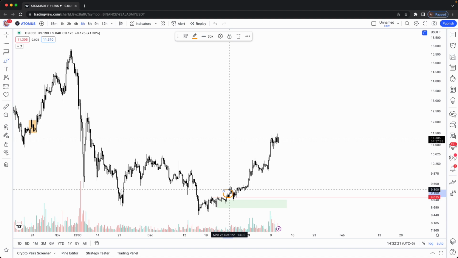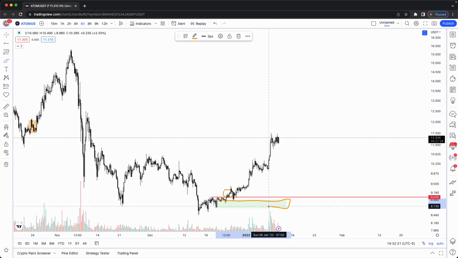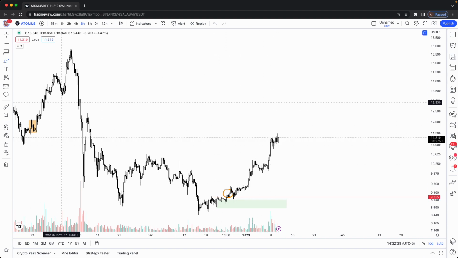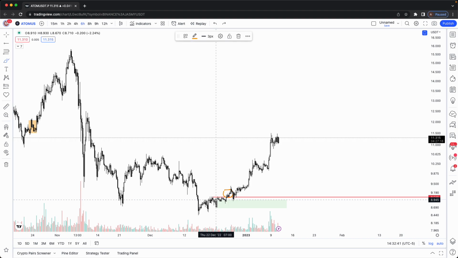Now when the market structure breaks, the order block will form at the bottom, which is here. This is where the order block forms, and this is the bullish order block, which basically means that the last bearish candle